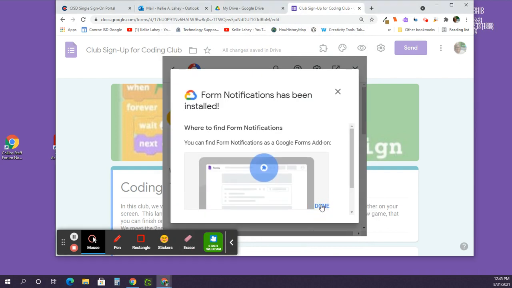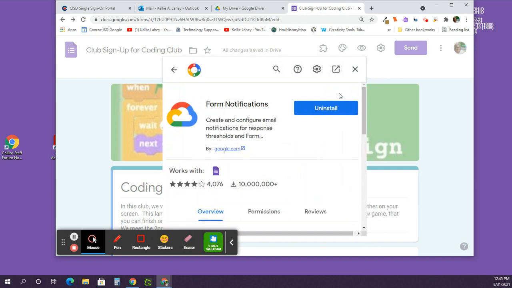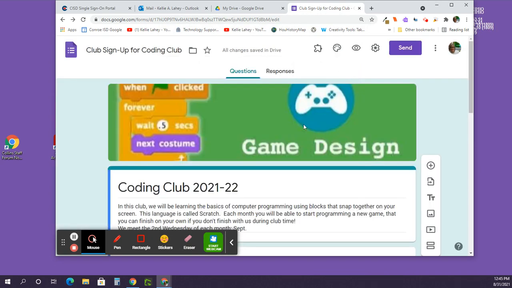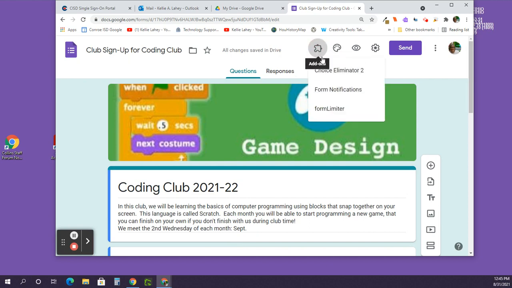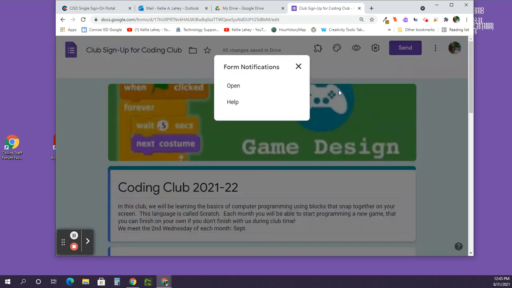Now I'm finished and I'm going to actually use it. So I close this up, and up here is this little puzzle piece. This is my add-ons area. I click on that. I choose form notifications, and this is where I set up how I want to be notified. So I click open,